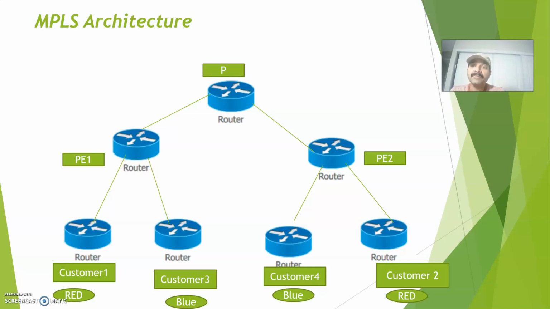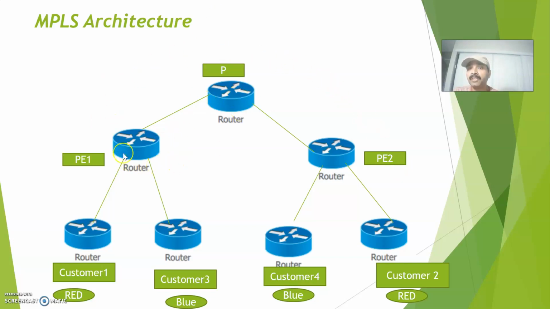In the same way with VRF, a single global routing table is segregated into multiple smaller virtual instances. Each and every virtual instance we call a virtual routing table. The purpose of creating a virtual routing table is to keep the customer traffic and the routing table separate. For that reason, you use VRF, that is virtual routing and forwarding, and the table is a VRF table.